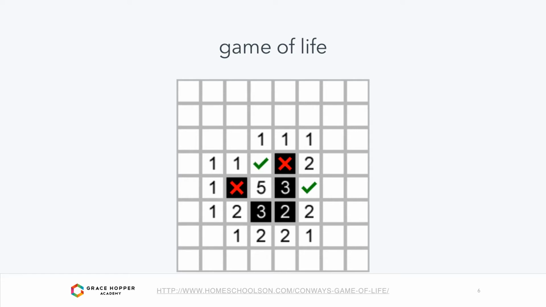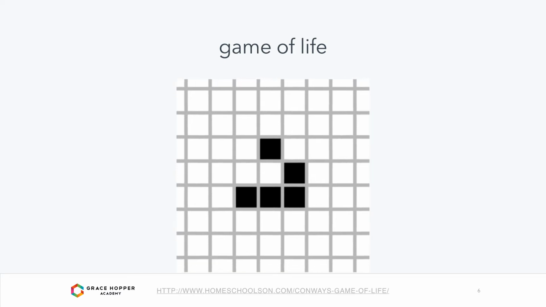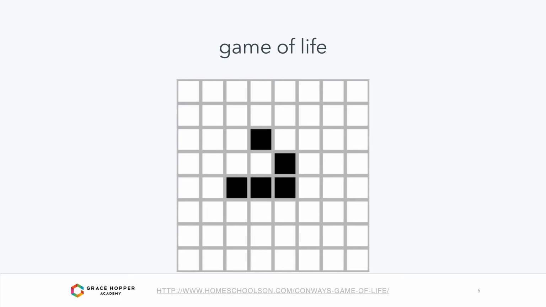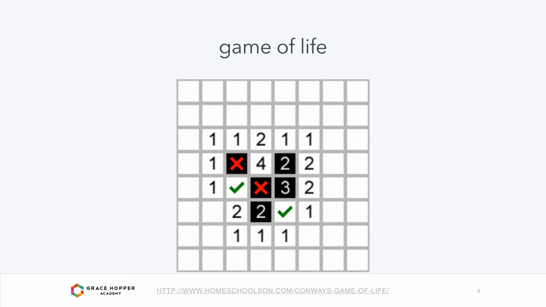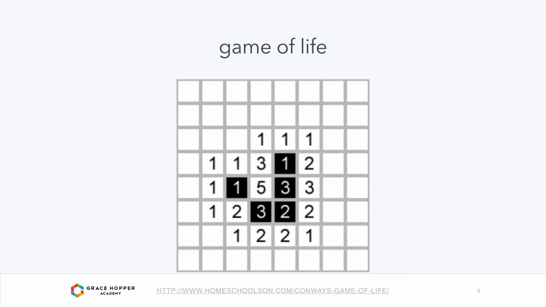And so we can kind of see that this one's going to die because it has 1, this one's going to die because it has 1, this one comes to life. Those 2 die, this from overpopulation, this from starvation, and then we're back to the beginning. So this pattern actually walks across the grid in this diagonal direction and serves as the basis for a lot of other more complex structures that people make inside of life.